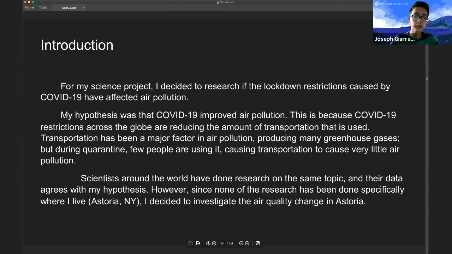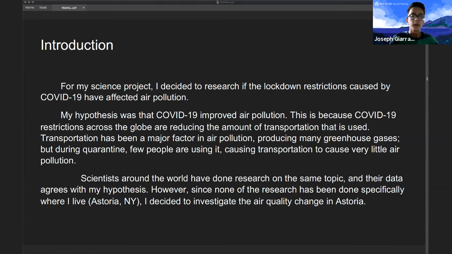So for my GLOBE project, I decided to research if the lockdown restrictions caused by COVID-19 have affected air pollution. My hypothesis was that the pandemic actually improved air quality. This is because the restrictions caused by the pandemic across the globe are reducing the amount of transportation that is used. And since transportation is a major factor of air pollution, since it produces so many greenhouse gases, now that fewer people are using it due to the quarantine, my hypothesis is that it will cause very little